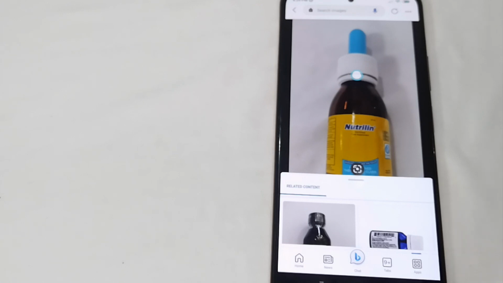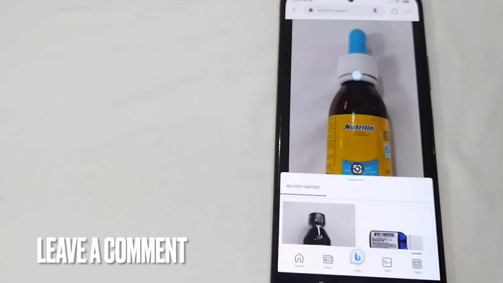All right, so if you want to know on how to image search using Bing AI, that's the simplest way I know. And if you know another way on how to image search in Bing AI, just leave a